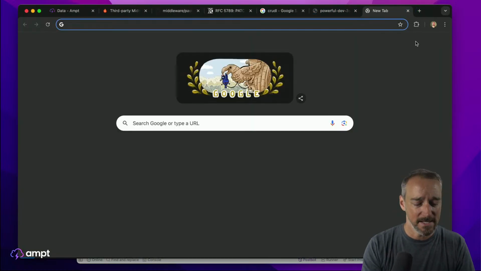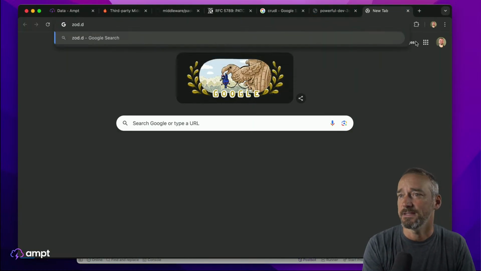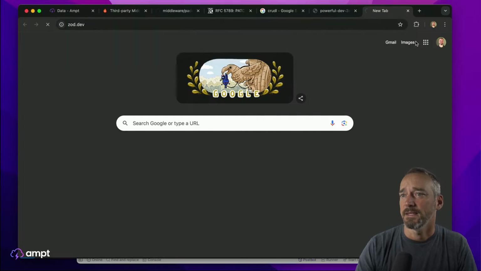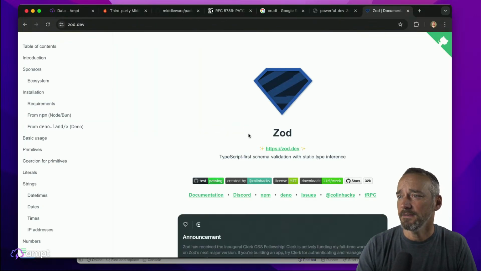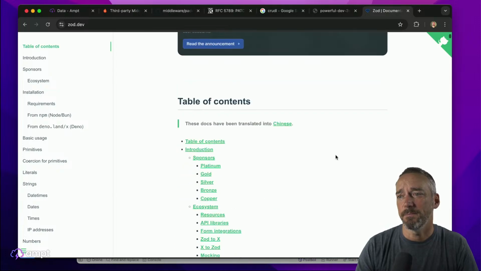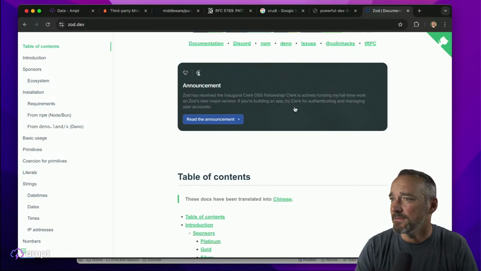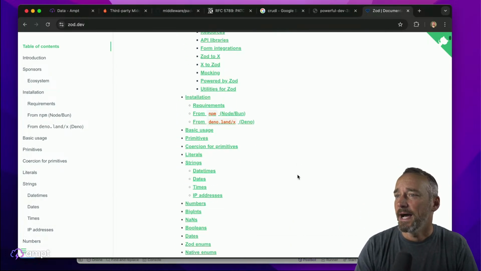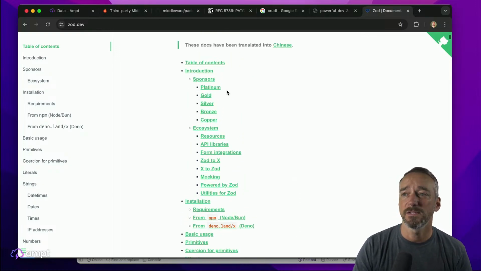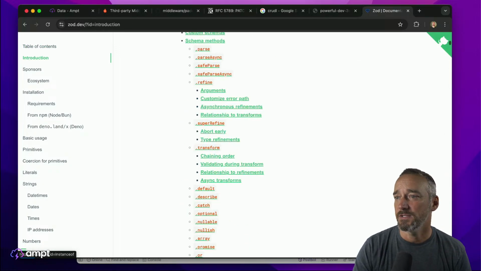But if you do want to see Zod, I think it's zod.dev is the main thing here. There we go. So pretty simple. Let's see, has received the Clerk OSS Fellowship. Oh, good for you. Okay, so anyway, so in order to install it, or introduction,